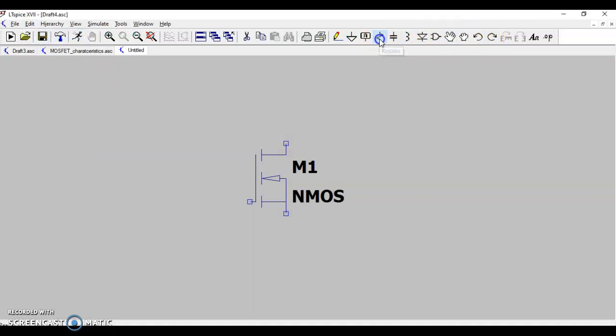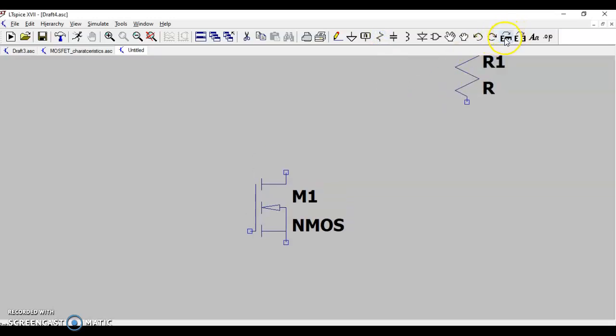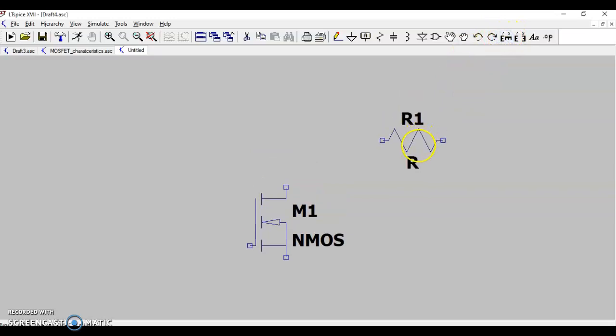Now while taking a resistor, actually I want a resistor horizontally. So in order to change its orientation, I'll go to this command and I'll rotate it. So here two resistors are required. So I've taken two resistors.